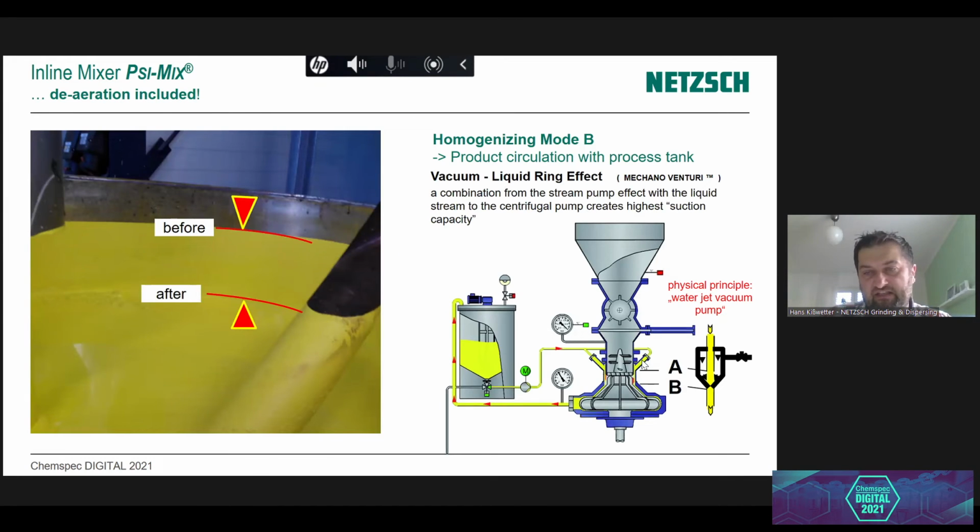And last but not least, as I mentioned in this theoretical sketch, we were looking for a unit that's working under vacuum. So after the powder is in the circulation mode, then we close the valve, and then we are running a homogenizing mode and using the physical principle of a water jet vacuum pump, and that is leading to the micronized air getting out, and we have really after this mode homogeneous quality, much better quality compared to standard mixing technology. This is very important because the customer wants to sell product and not to sell air in the bottles or